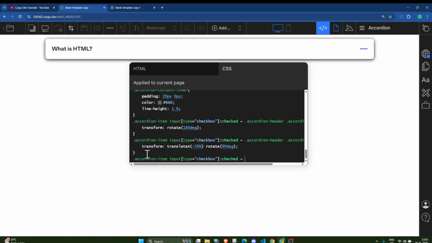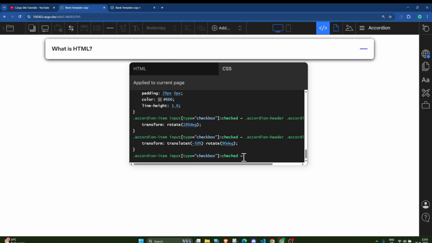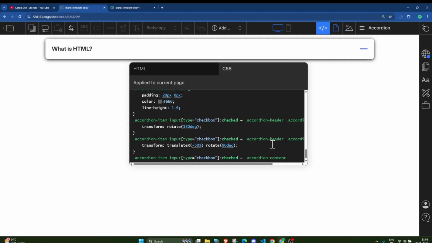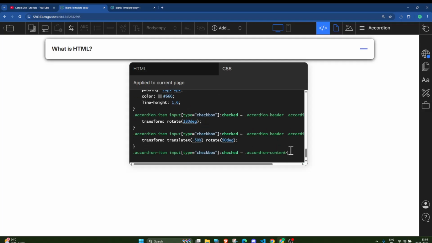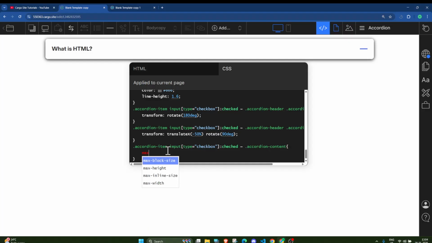And then what we want that this accordion content, because by default the max height is 0, we will select this thing, and what we are going to do, we will make the max height 500 pixel.